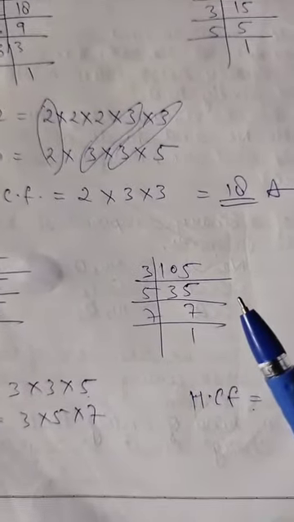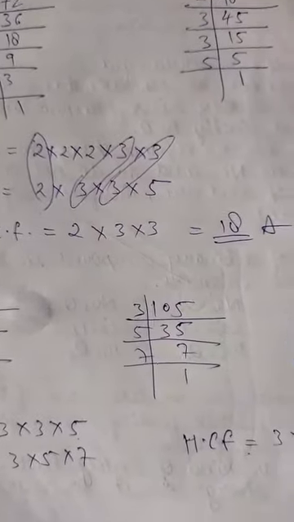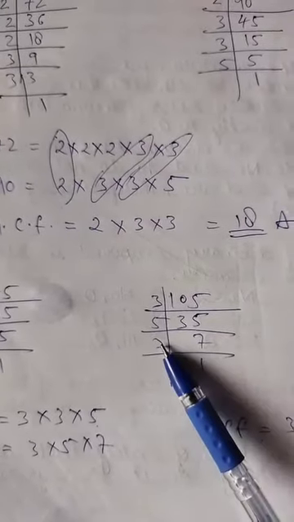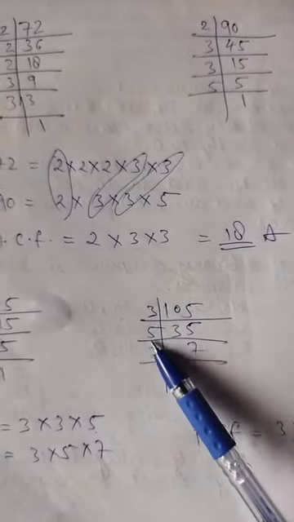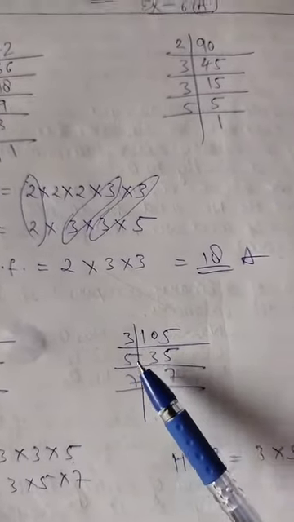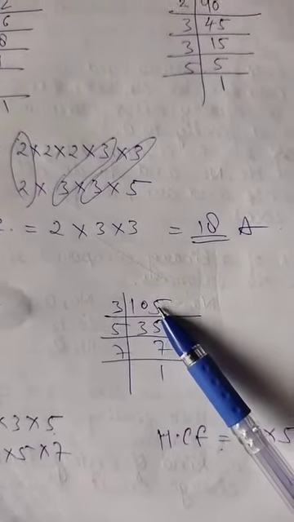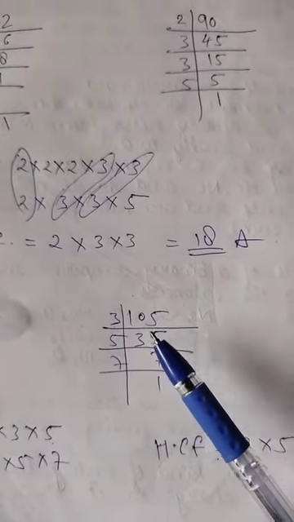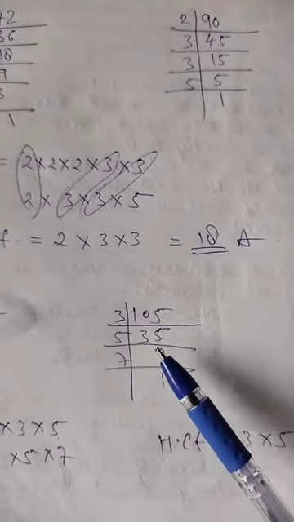Listen, I am explaining once more how to do factorization. In factors, only prime numbers should be there. No even number or any other number should be there except a prime number. No matter what number you are writing, you can see the smaller number that divides it, or the bigger number that divides it, but the number should be prime.